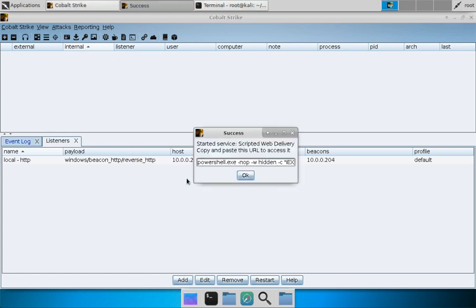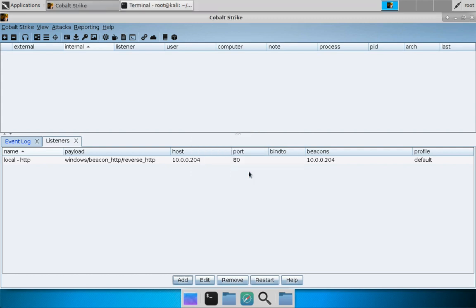Press launch, and there we go. We now have a PowerShell one-liner that will run our beacon payload so we can try out our listener. So I'm going to put that in the clipboard, press OK,